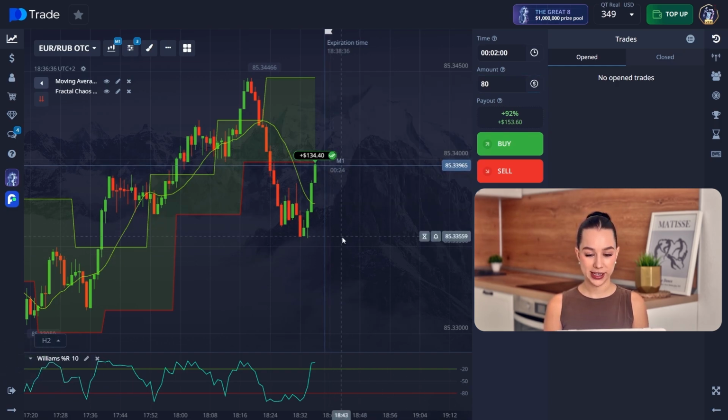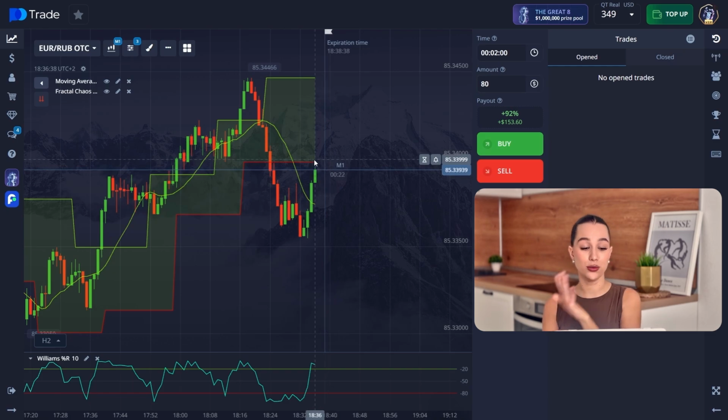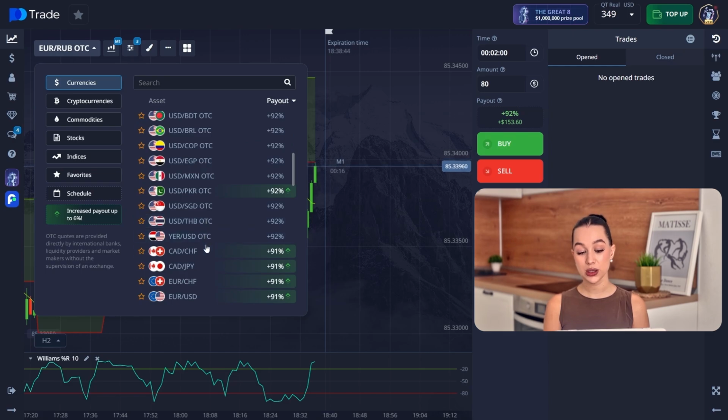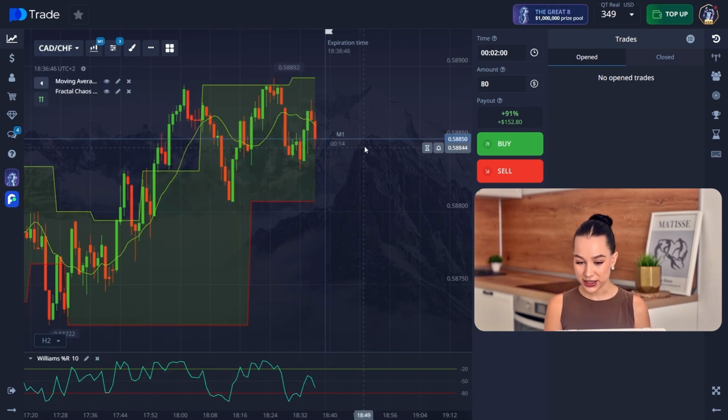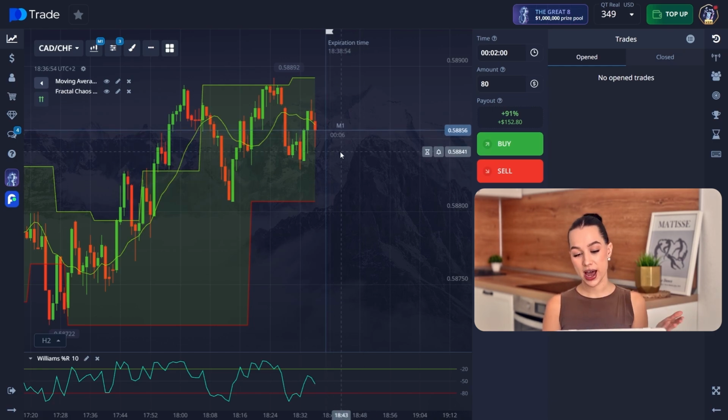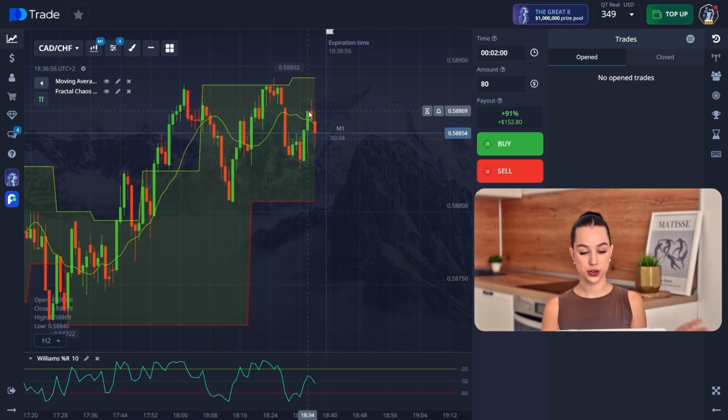We change our amount of money to $80. Today we wouldn't use all of the money on our deposit per trade, so we are just growing it pretty slowly, but at the same time pretty effectively. And you see, I'm just using some part of my deposit, so I'm not scared even if I lose the trade. So I also have a choice to open a catch up and just recover my losses and